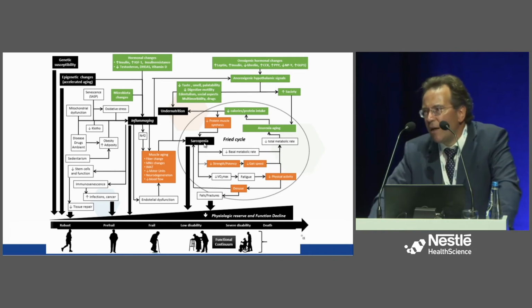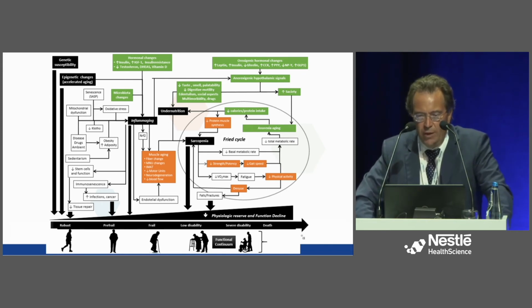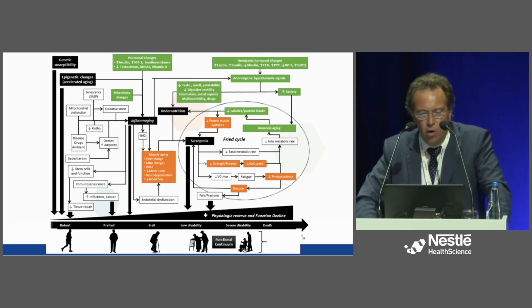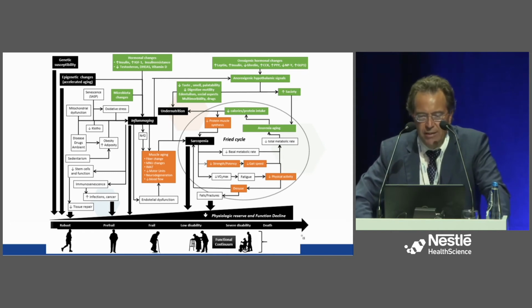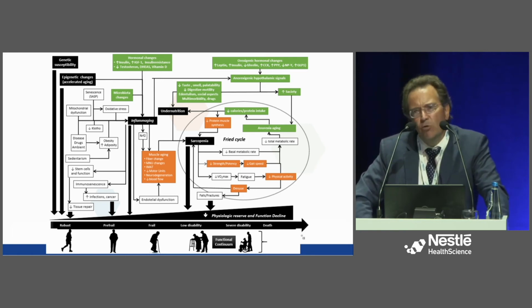And you can see in green color many factors that are related with nutritional status, like changes in hormones, mainly orexigenic hormones. You can see microbiota changes. You can see anorexia of aging, lower intake of calories and proteins, alterations in taste, smell, palatability, digestive motility. So there are many nutritional factors that affect frailty.